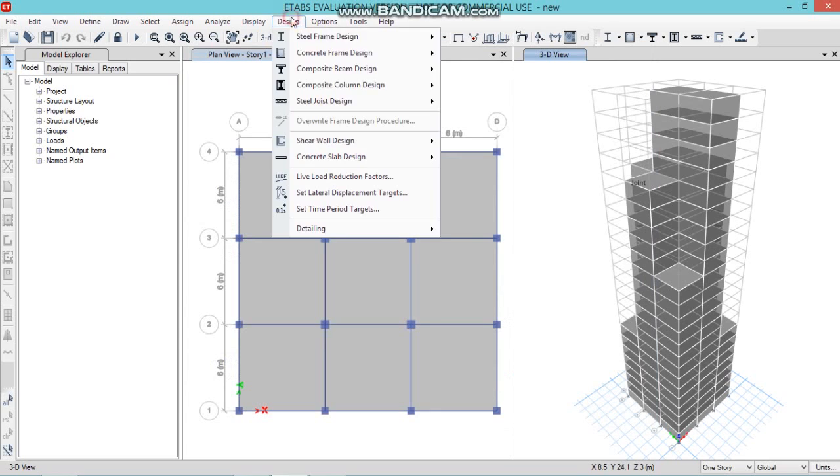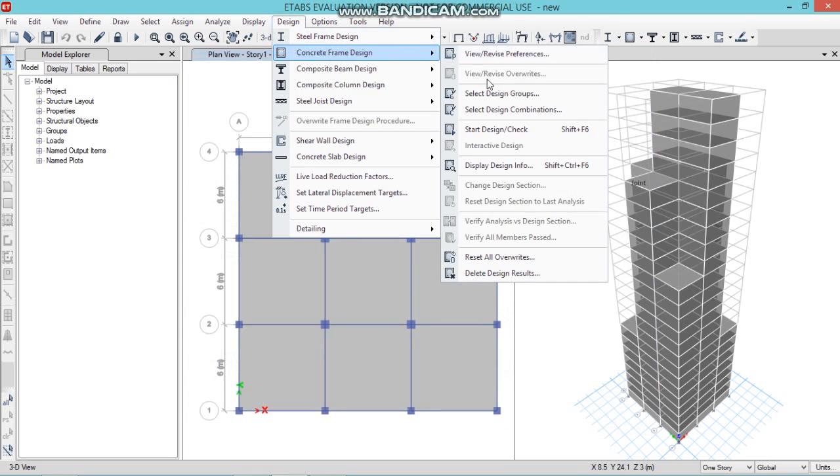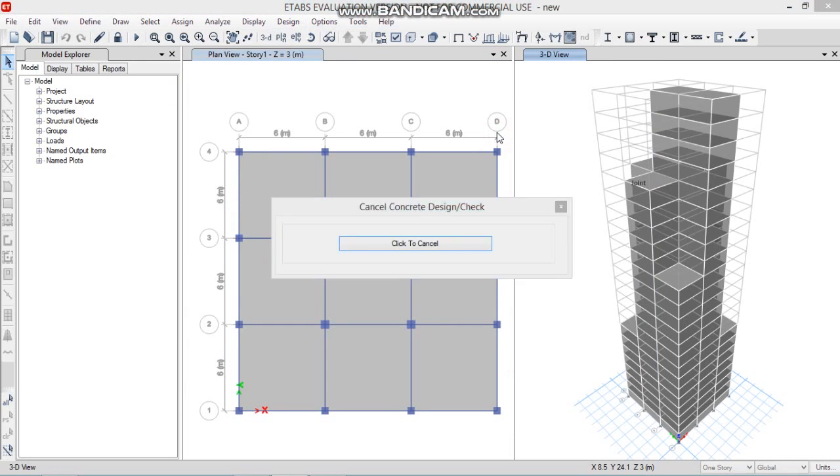Go to the design, click on concrete frame design, go to start design/check. Wait for the design to be completed by ETABS.